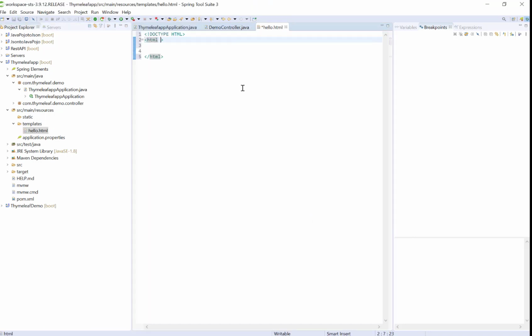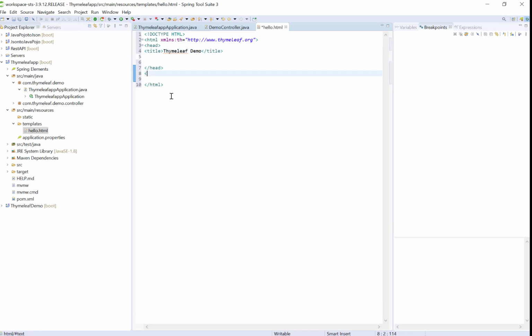To use Thymeleaf in our project, we need to give this URL here, http://www.thymeleaf.org. After this, create one header section here. Here I will give one title, Thymeleaf Demo.